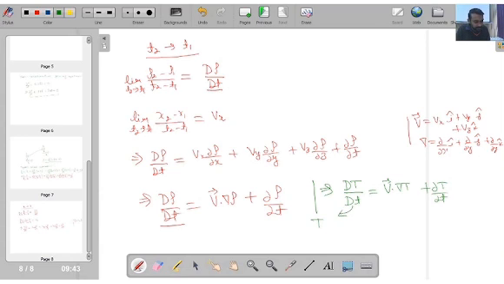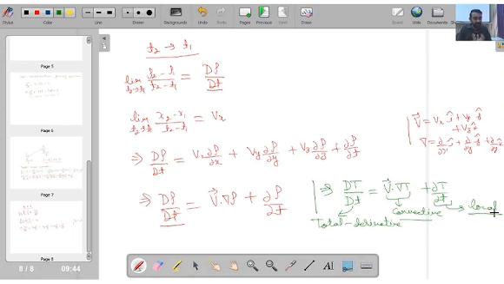Okay. So the term on the left hand side is called the total derivative. This particular term is called the convective term, and this particular term is called the